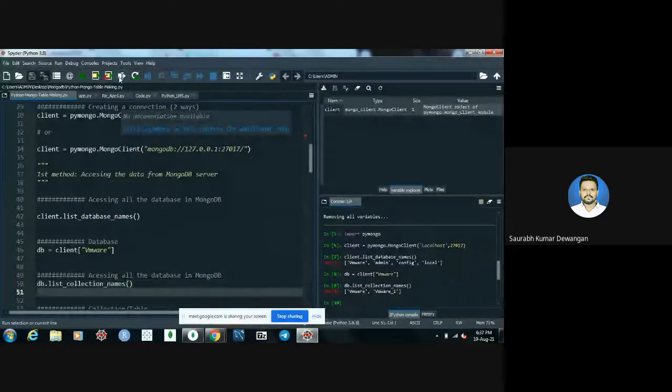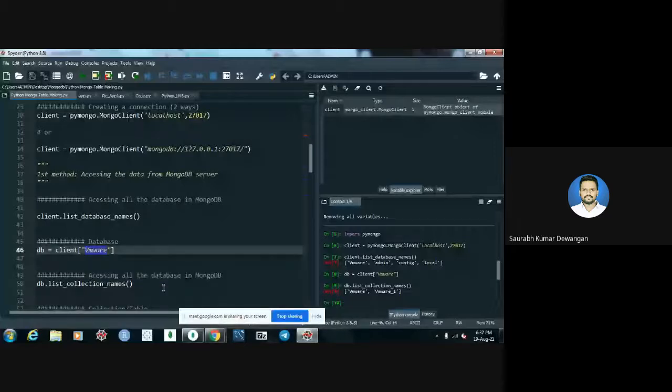Okay, we can see in the output window, VMware and VMware1 are both table names or collection names inside the database VMware. So don't get confused here, guys. I have the same name for the collection and the database, so don't get confused here.